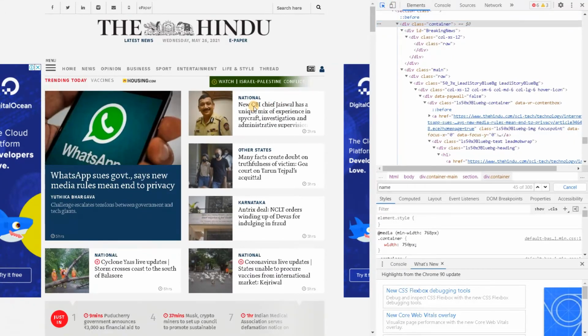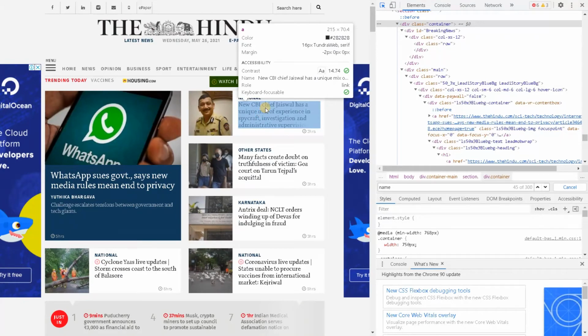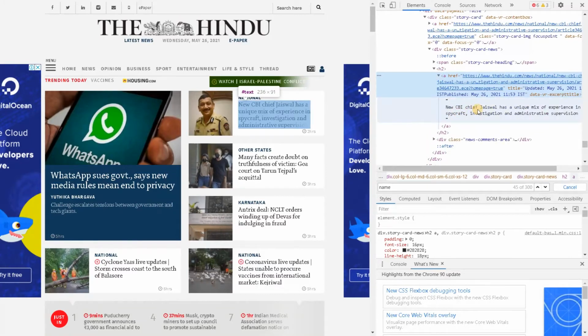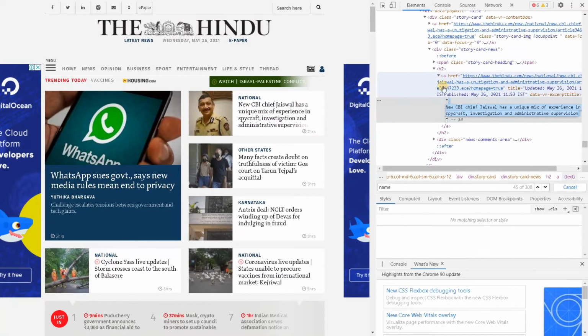Here, if I want to get this paragraph, I just click on that. This represents a link followed by the paragraph. You just need to drill down further. So let's go further. Here you can see text data is there. Under these tags, I can get the text data for us to scrape. Also, if you want the particular link to extract, you can extract this link using the tag itself. So there are multiple ways we can use this.